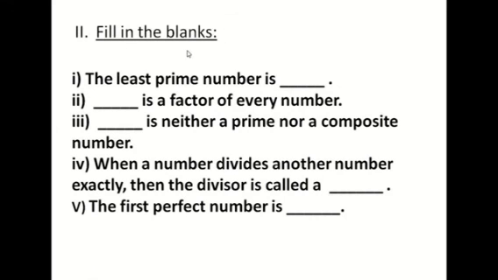Second sum, fill in the blanks. Question number 1. The least prime number is dash. Least means the smallest. Okay. Question number 2. Dash is a factor of every number. Number 3. Dash is neither a prime nor a composite number. Number 4. When a number divides another number exactly, then the divisor is called a dash. 5. The first perfect number is dash. Please try these